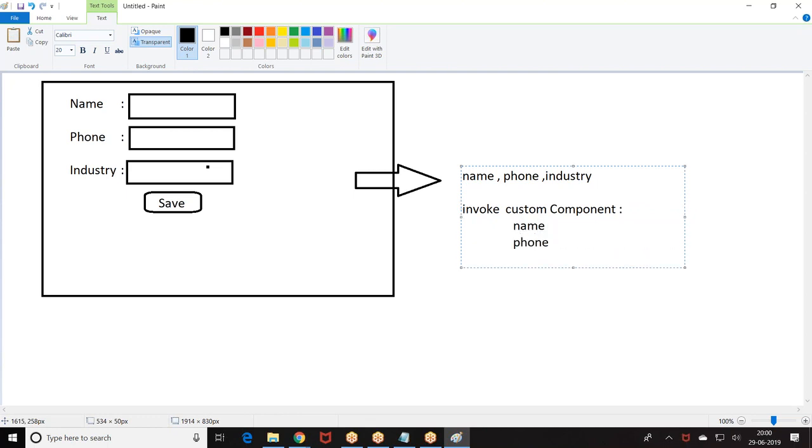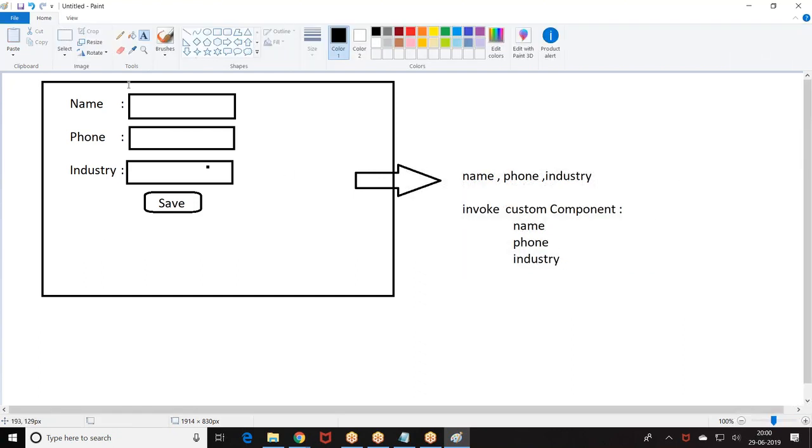It has an attribute called name, phone. This component is a lightning component. Order is okay. Let's make it. Now, when I click on this, it is going to call a component with the name, phone, industry.